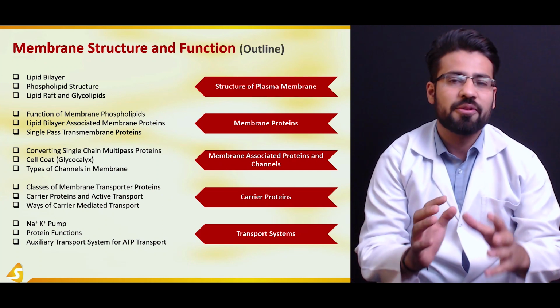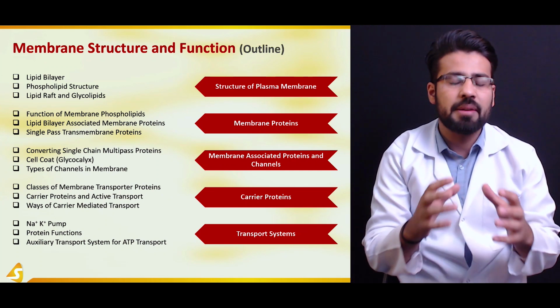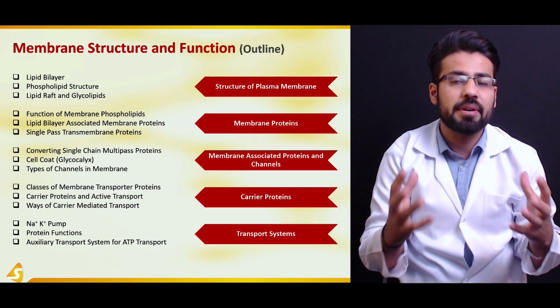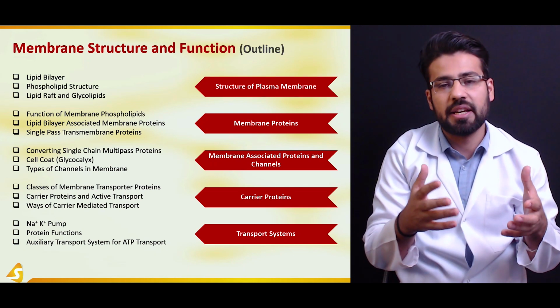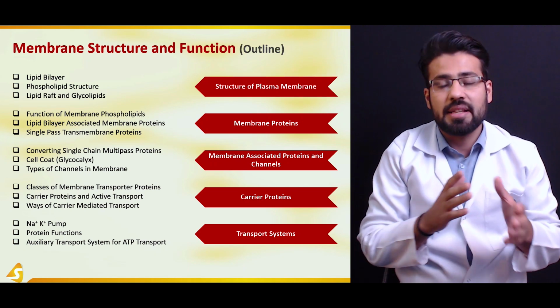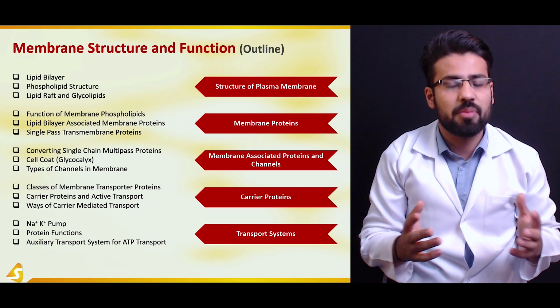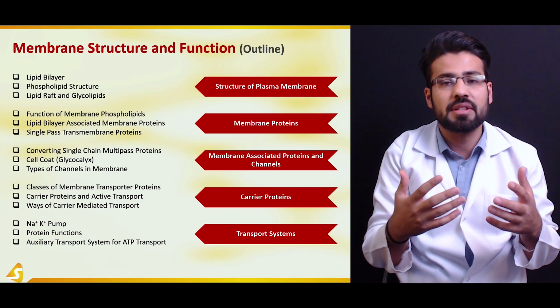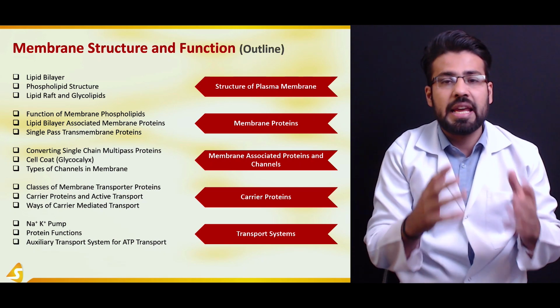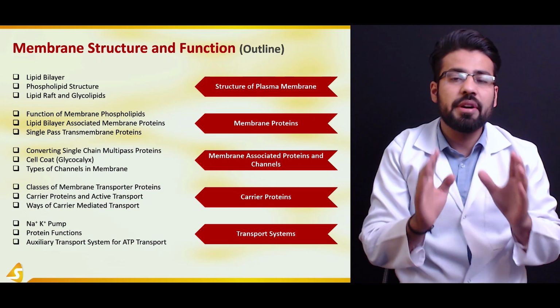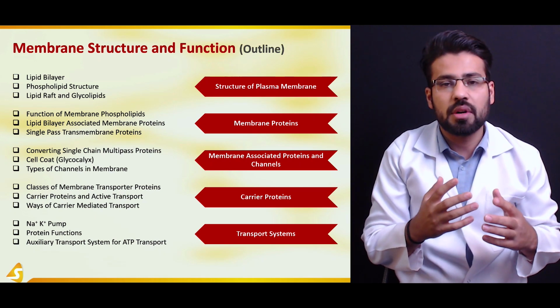It's a well-known fact that the plasma membrane plays very important functions in the development of cell biology and in cell signaling, and that we have already covered in the cell cycle regulation part and the cell signaling part as well. We have discussed several different mechanisms and the types of receptors that play an important function in cell signaling. So over here we are going to start off with the discussion of structure of plasma